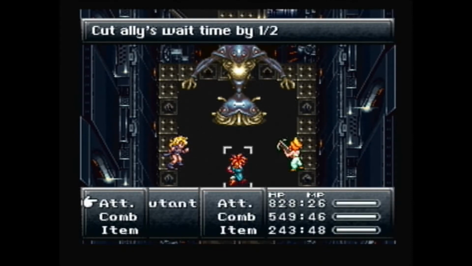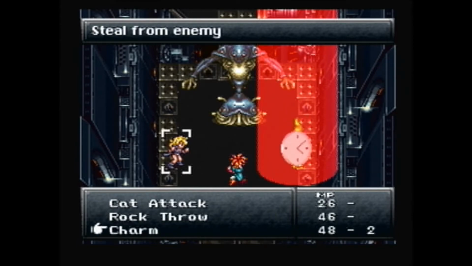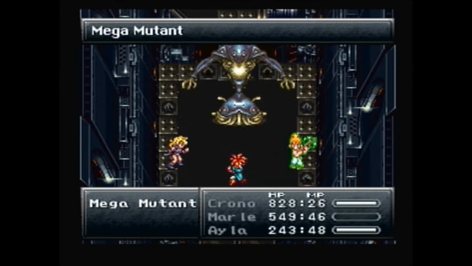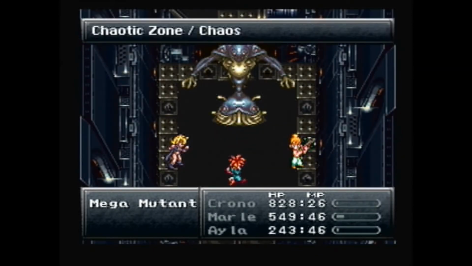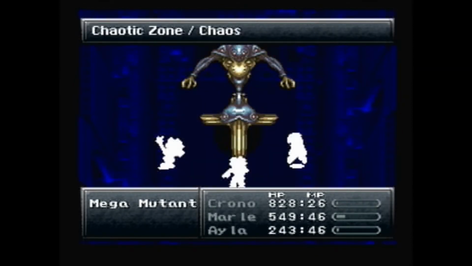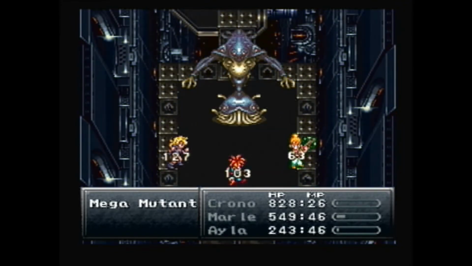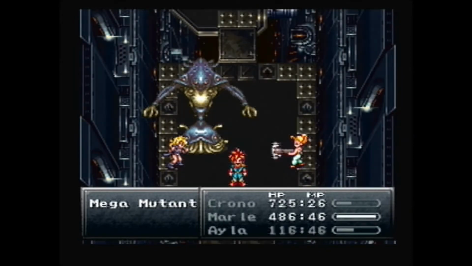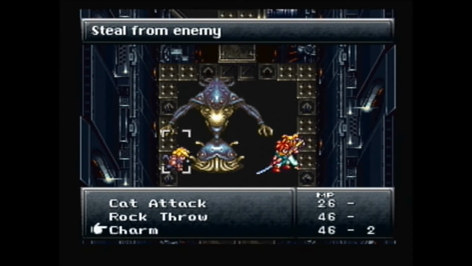First Mega Mutant is pretty easy. I've said it a billion times already, I always take Marl and Ayla because I like to steal or charm from everything in the game. The top half's got an elixir, the bottom half's got a vigil hat. So, a free vigil hat, more or less, if you bring one of these. Otherwise, you have to pay the 50,000